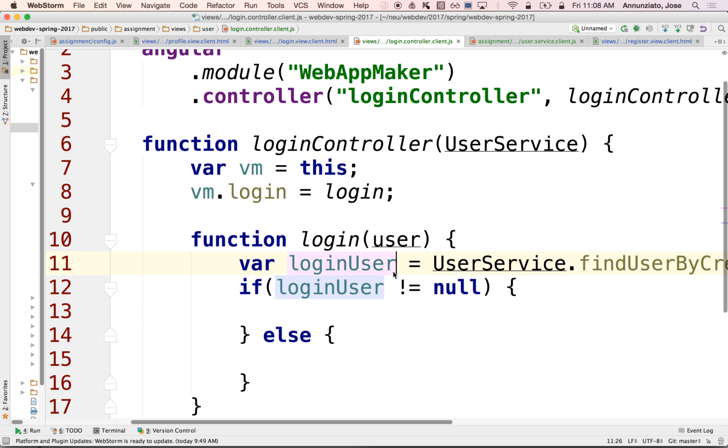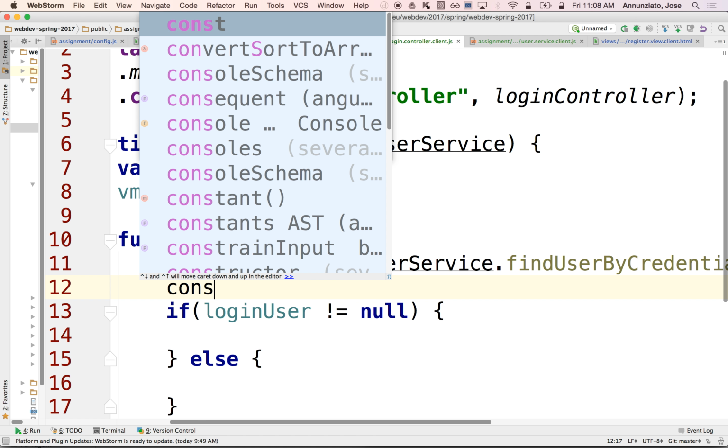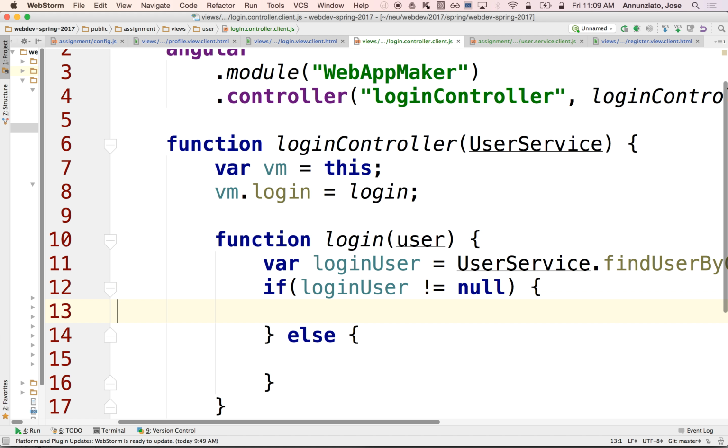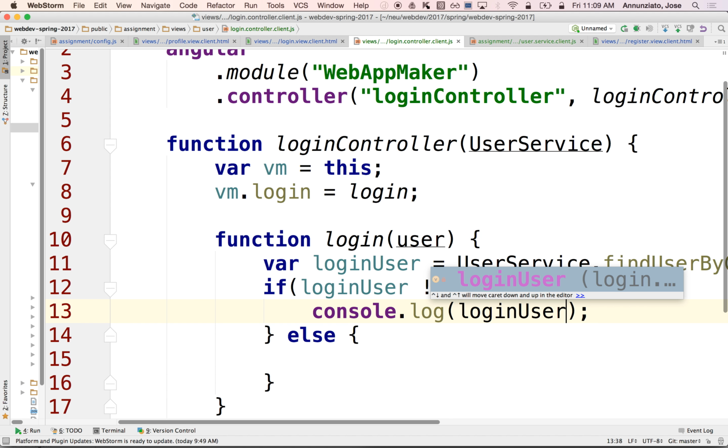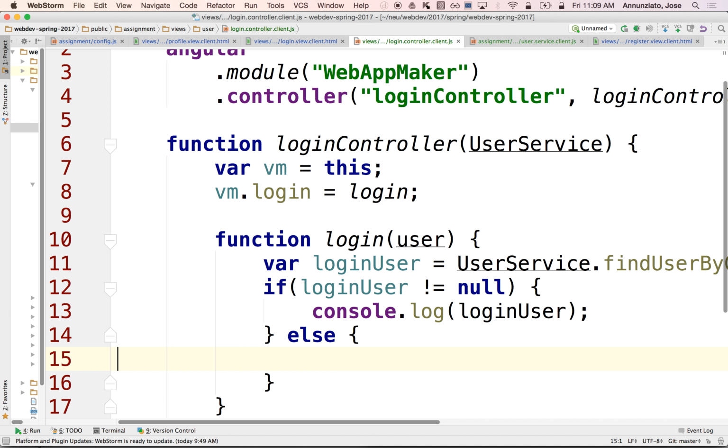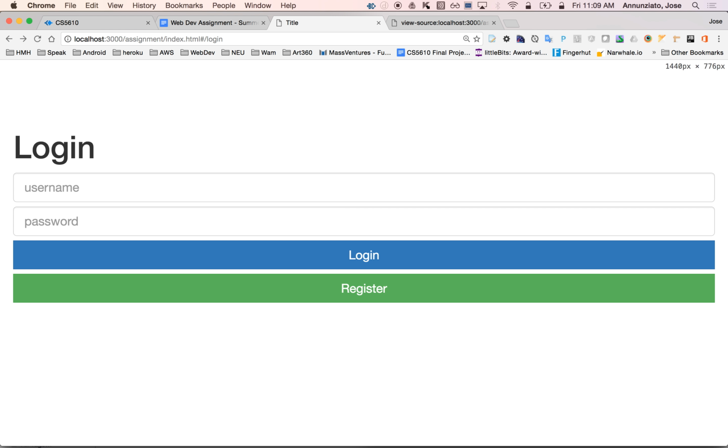So here, let's print out. Let's do console, let's do if it's not null, I'm going to print out the login user. Otherwise, I'm going to print out user not found. So if I refresh this,